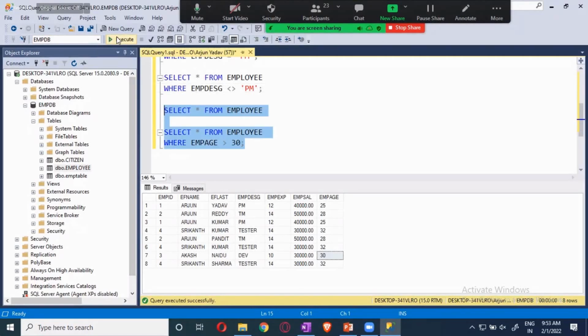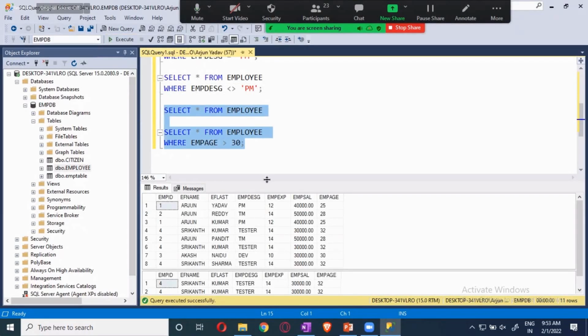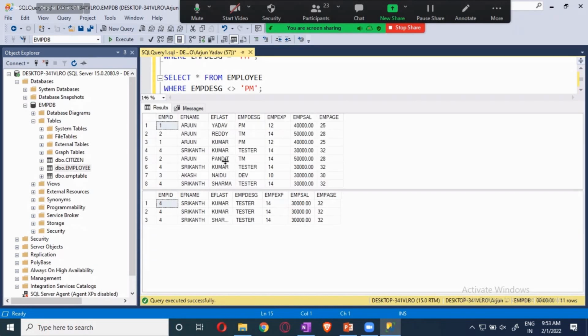The outer one is giving me the complete details and the lower one is the age which is greater than 30. Now this is the complete information, whatever the data is there. Now this one has only three whose age is greater than 30. No, I wanted the age 30 to be included. This one, Akash, should also be included in this.